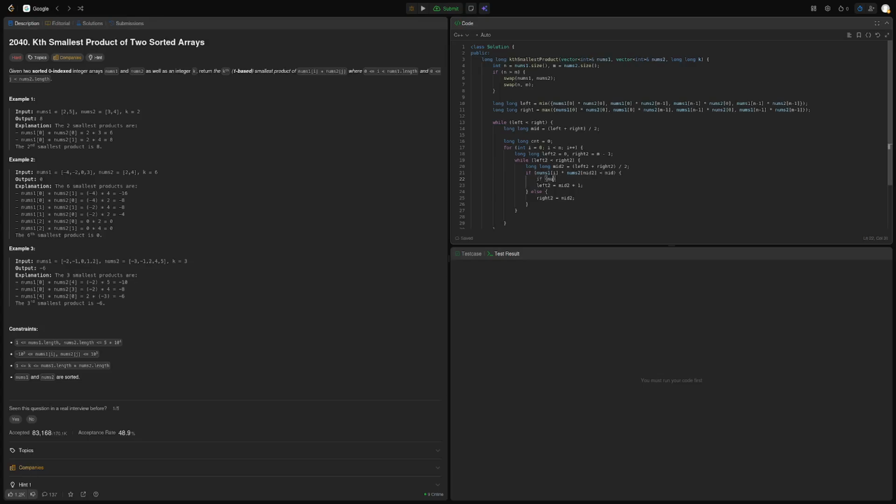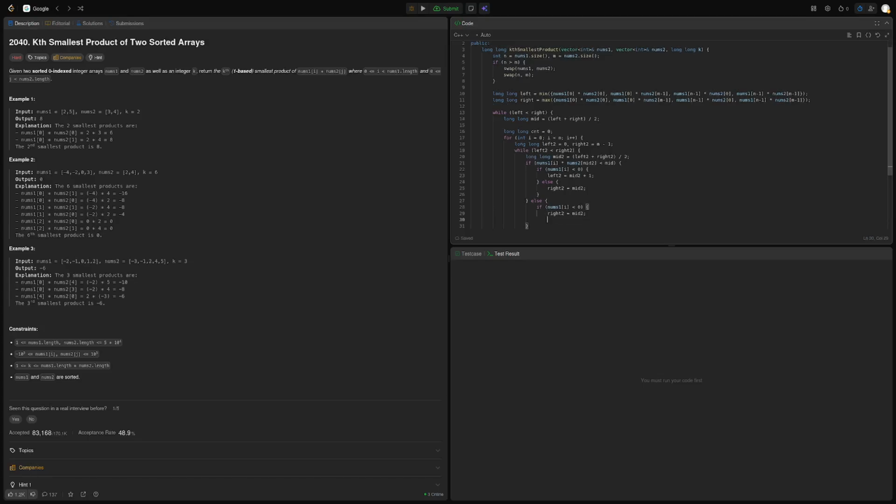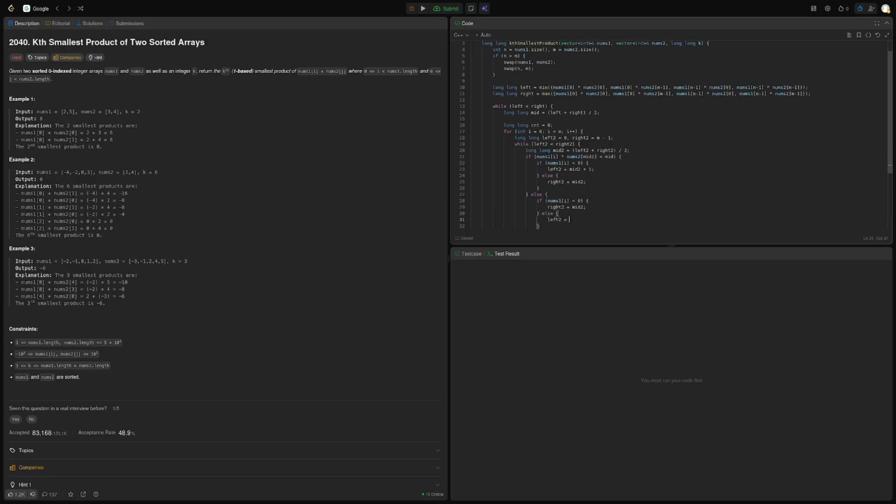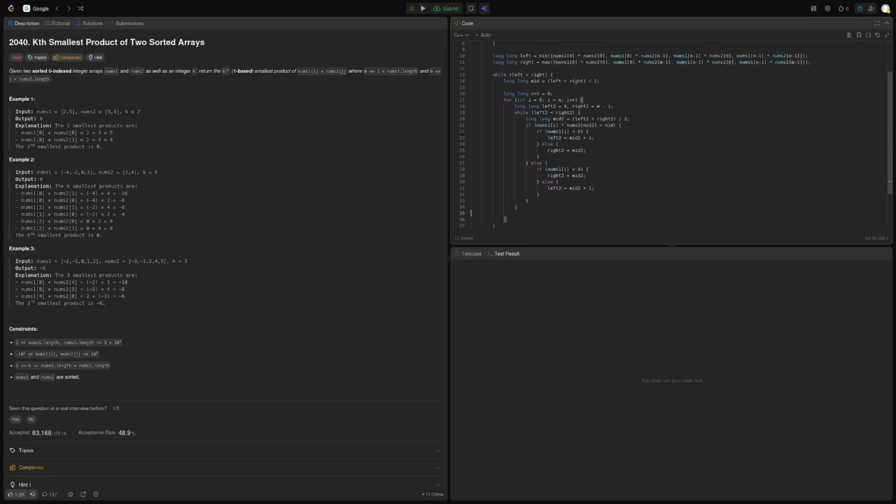This should, if nums 1 I is under 0, then we should do this, else right 2 is equal to mid 2, and now if nums 1 I is under 0, then I suspect this, else left 2 is mid 2 plus 1. Okay, and then if we have this, okay,